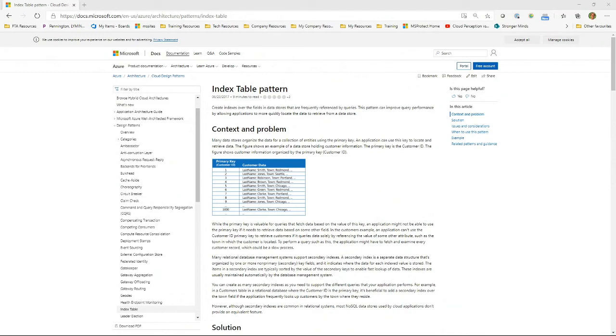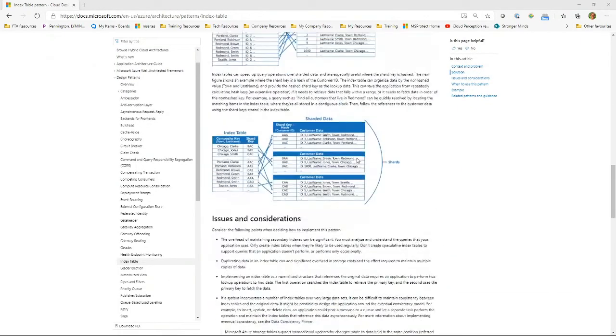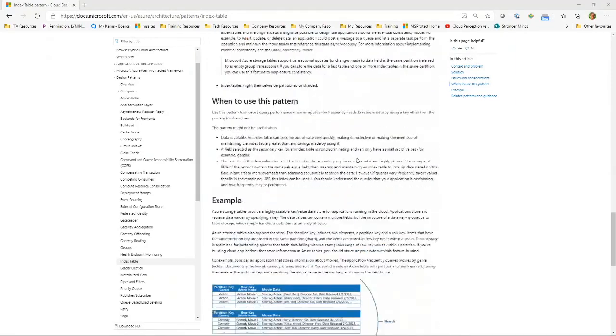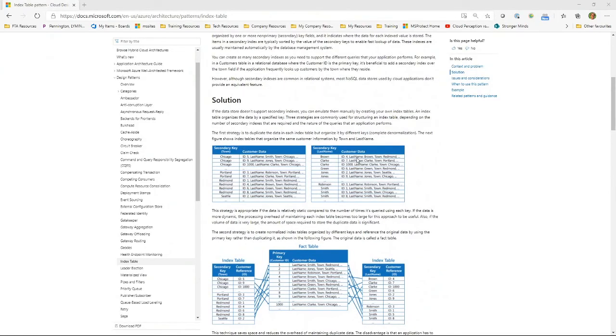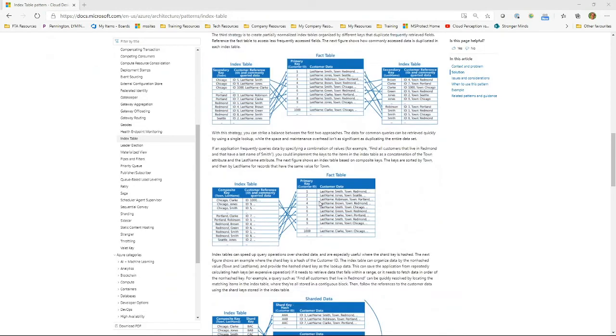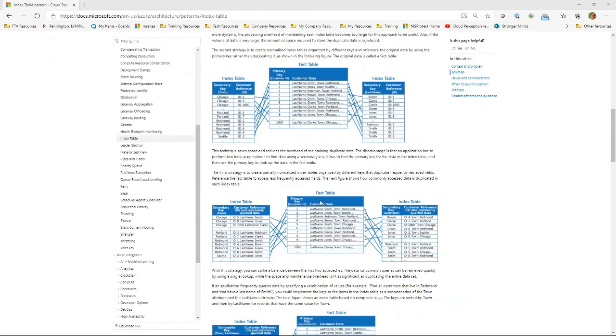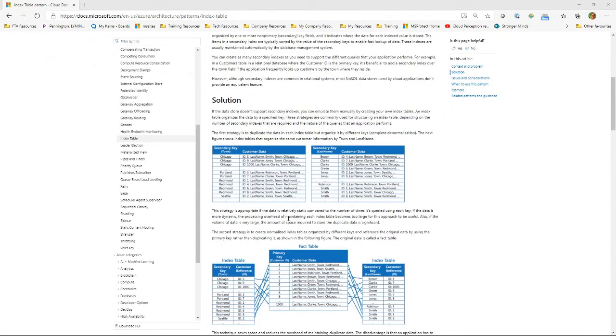One of the patterns that I like with the index table is, I forget what they called it in here. I think some of the patterns are at the very bottom of the screen. Yeah, there was a specific word we had for the index. A normalized index, that's what I was looking for. I really like that because you're storing a subset of the data as a duplicate, not the whole thing.